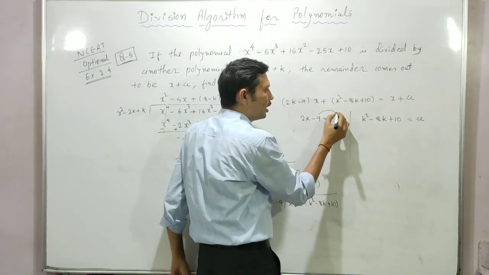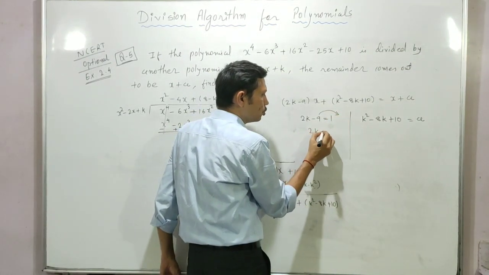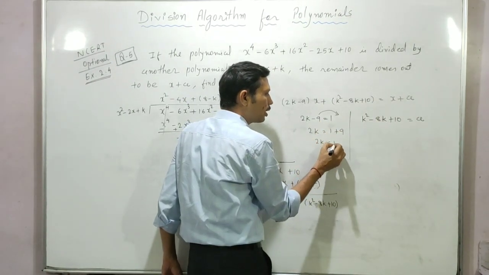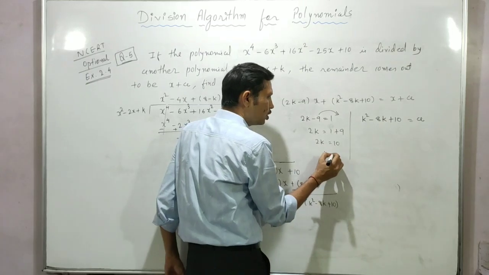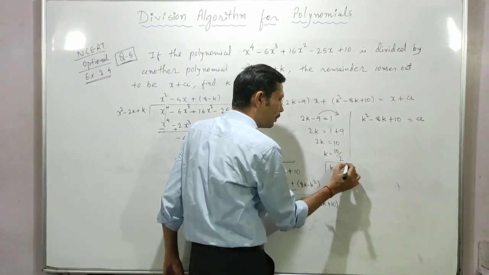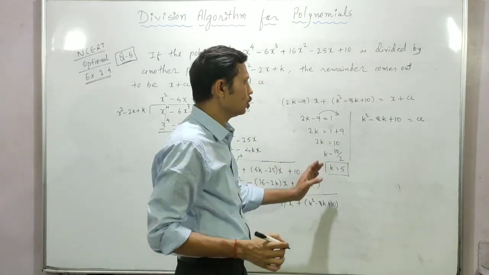चलो यहाँ से k की वैल्यू मिलेगी इजीली, माइनस 9 को शिफ्ट करिए यहाँ पे, सो 2k इज इक्वल टू माइनस 9, वहां पे जाने से क्या होगा प्लस 9, सो 2k इज इक्वल टू 10 बनेगा बच्चों। सो k इज इक्वल टू व्हाट 10 बाय 2, सो k की वैल्यू क्या निकल के आई हमारे पास 5, होगा एक पॉइंट।